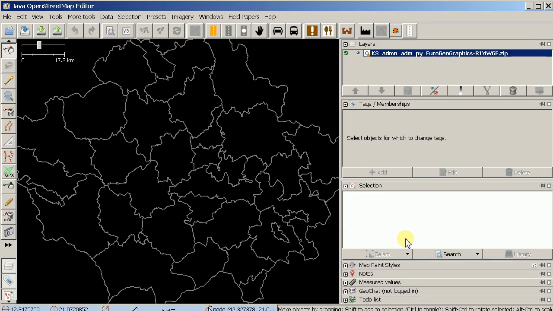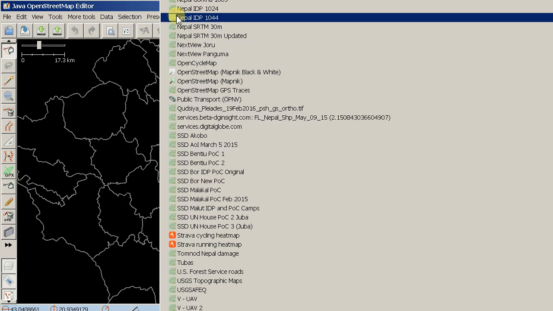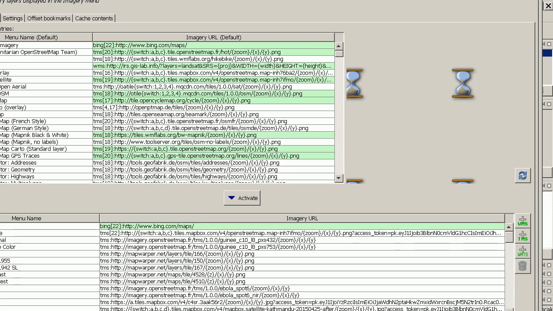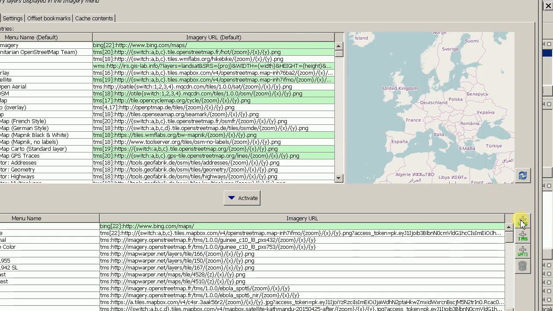In this particular instance, I'm going to get a layer that shows population density so that I can look at this boundary data I have and get a sense of what the population density is in all of these little administrative areas. So I'm going to go to imagery, and I'm going to say imagery preferences, and I'm going to say that I want to add a WMS server. So I'm going to click on this plus,